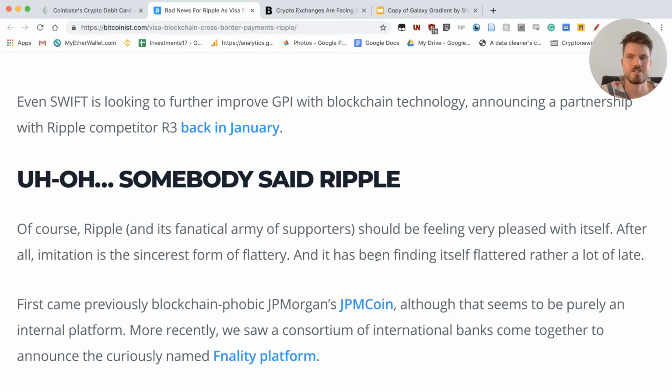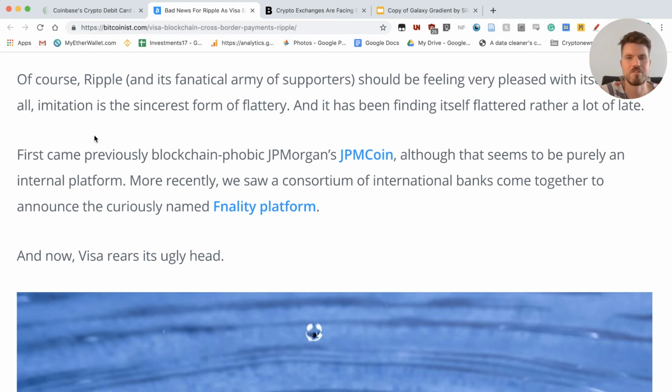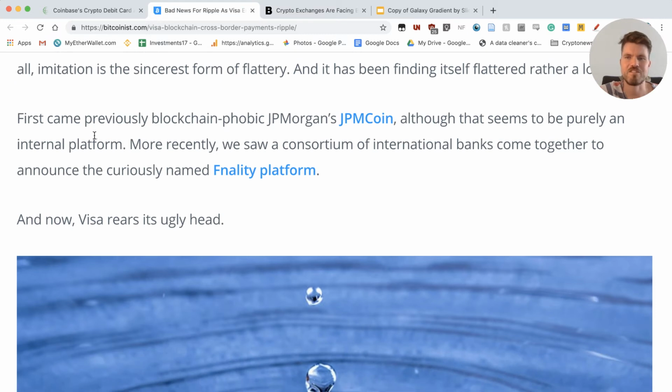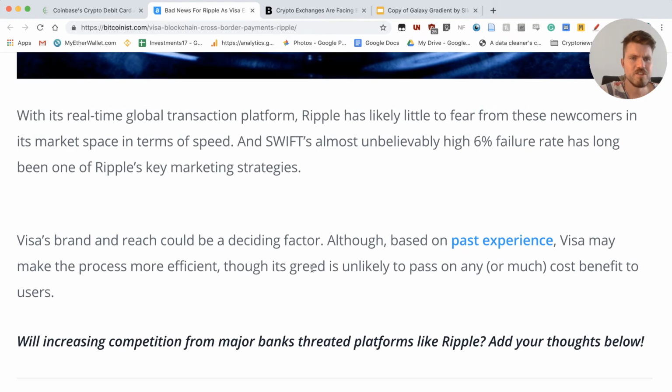So we said it, XRP, Ripple. Of course, Ripple should be feeling very pleased with itself. After all, imitation is the sincerest form of flattery, and it has been finding itself flattered rather a lot lately. So with its real-time global transaction platform, Ripple has likely little to fear from these newcomers in its market space in terms of speed, and SWIFT's almost unbelievably high 6% failure rate has long been one of Ripple's key marketing